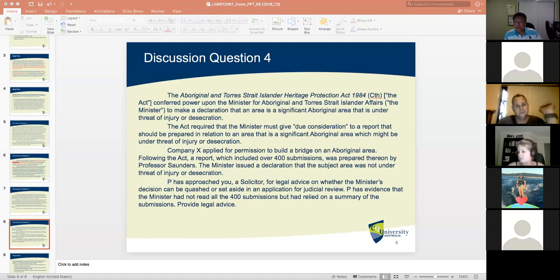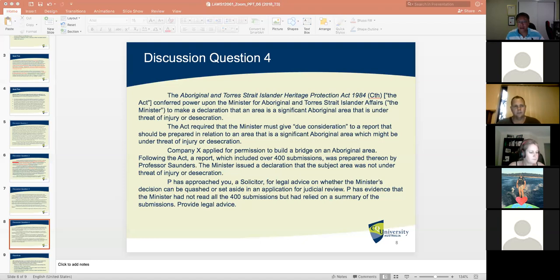There is no requirement on the part of the executive to read all submissions in their entirety. Because as pointed out by Michael, there could be 40,000. And from Keith, whether looking at a summary of submissions is sufficient to satisfy the requirement to give due consideration. So that's a good point as well, because the requirement here is that due consideration must be given by the